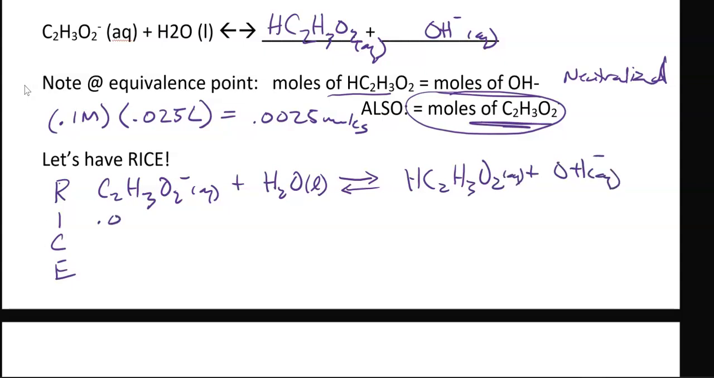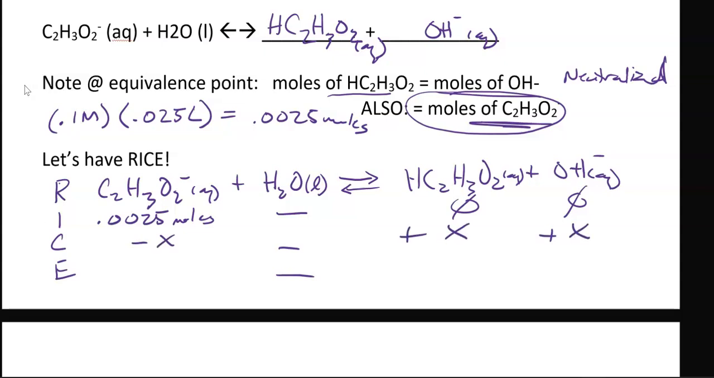I started with 0.0025 moles of conjugate base. We don't really care about the water, so mark that out. And we're going to assume we haven't yet let that salt make any weak acid or strong hydroxide right there. I know I'm going to lose X amount of that, and I'm going to gain X amount of my products, because that's how the reaction is going to proceed. And then we have 0.0025 minus X at the end of this phase, and I have X amount of my